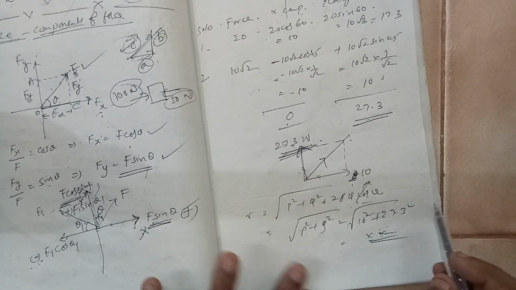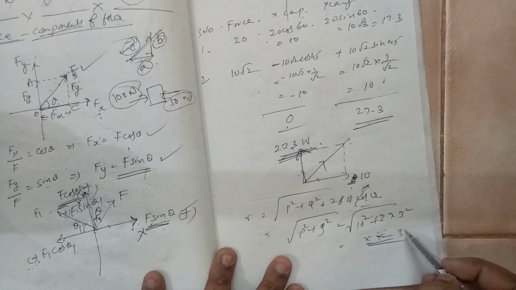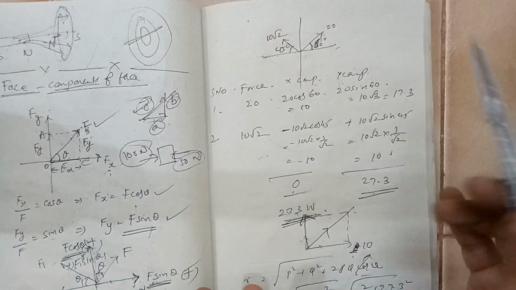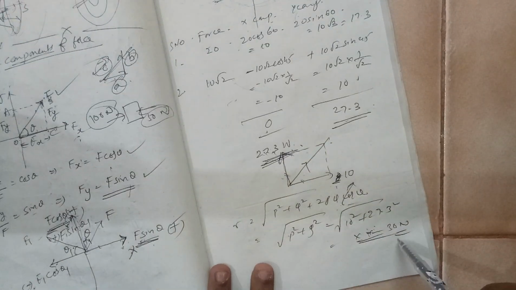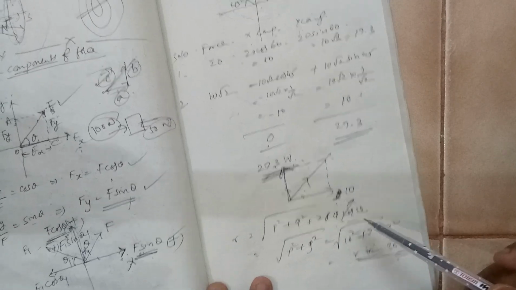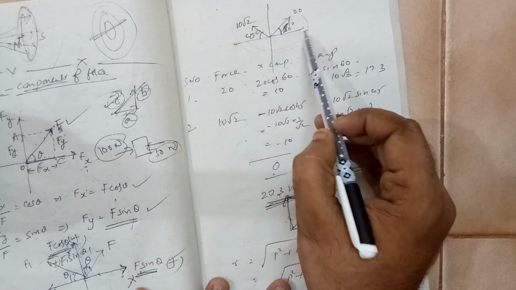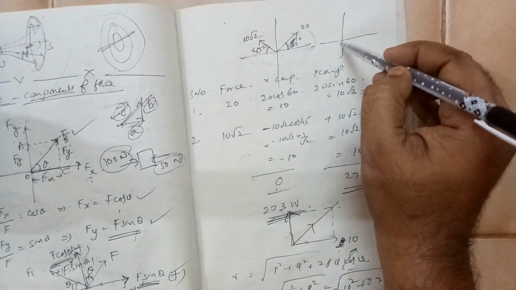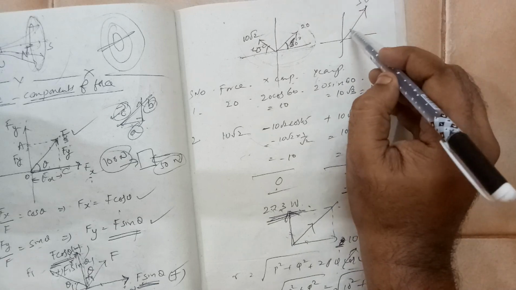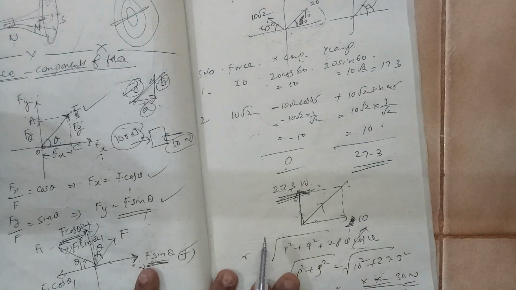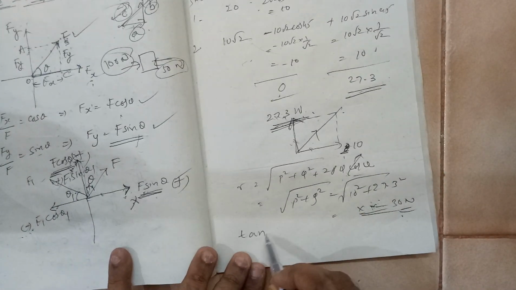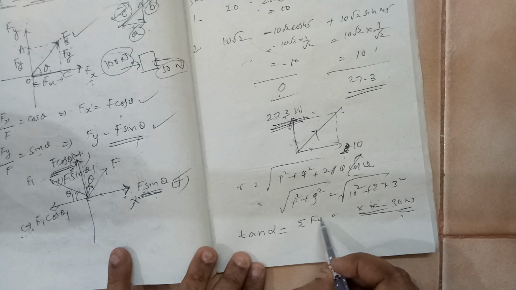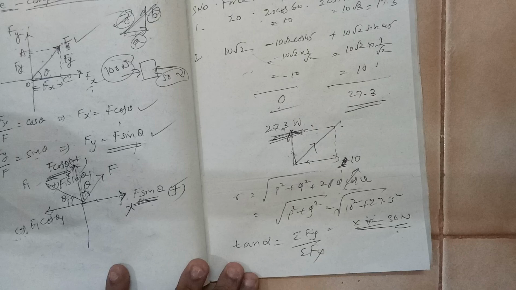So what is the meaning of this? You got some force, let us say some 30 newton force. In that situation, you can replace all these forces with that single force, 30 newton. And you can find out at what angle it is acting from the horizontal axis. Let us say the resultant of these two forces is a force of 30 newton like this. It must be making some angle alpha with the x-axis. Can we find that? Yes, we can. And what will be the formula? In this case, the formula will be tan alpha is equal to sigma Fy by sigma Fx. So you will get the alpha value also.